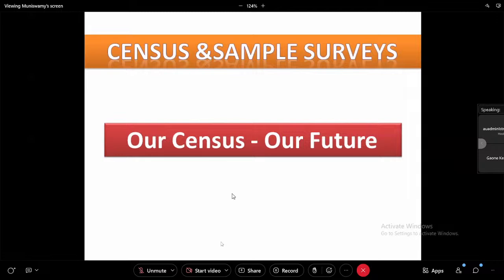Okay. Suppose sequence, gene, algorithms. How can we formulate? How can we analyze? So we require what? For any problem, we require the data. Okay. So that data you are going to collect